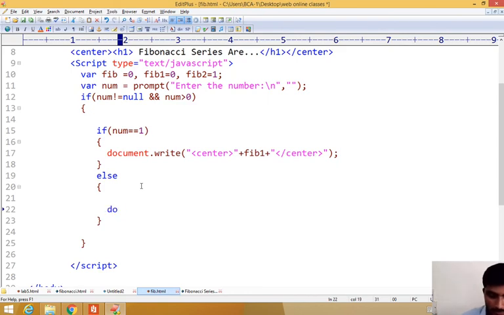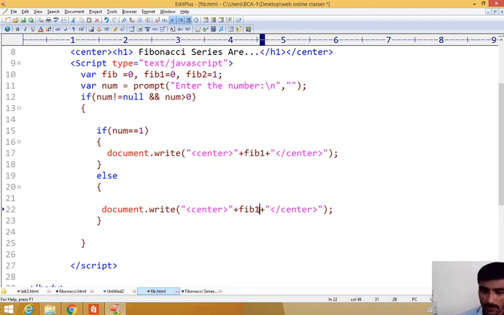Document.write, bracket, double quote. I want to make it centered, or else I want to copy this line, no problem. Paste it. First, what are the two default values we are printing? 0 and 1. The fib1 is 0.